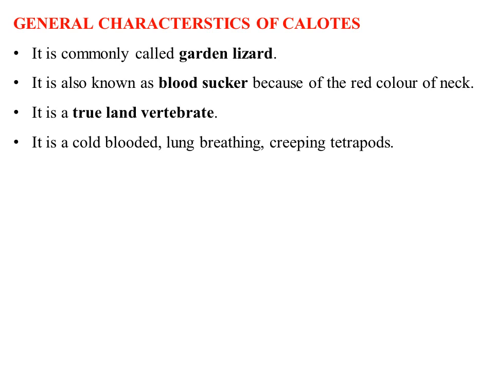The two pairs of limbs are pentadactyl, that is, five digits are there, and it is an arboreal animal. They mostly spend their life on plants, that is, trees, so they are considered arboreal animals,